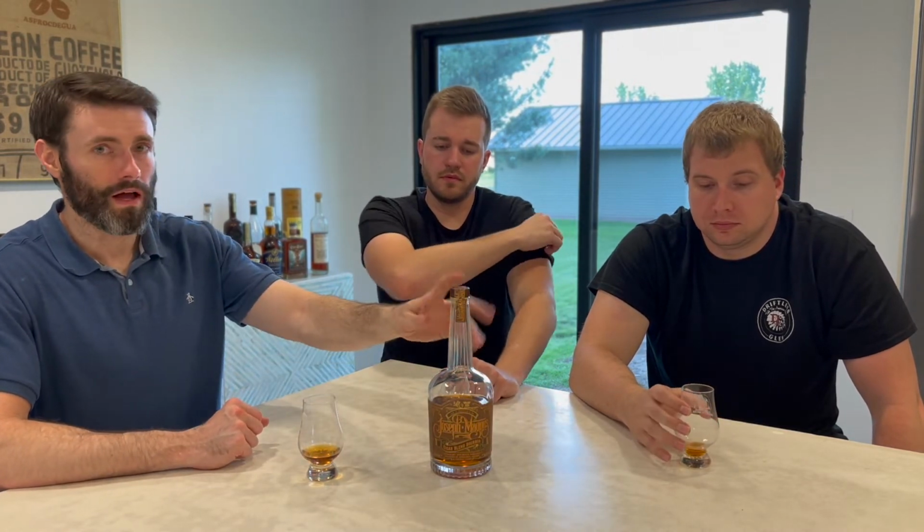I think 175 is what the retail price was. Our buddy, Ethan's brother, got this bottle at retail. So he actually scored it at 175, and that's what we're gonna grade it on. Good luck finding it at that price. You're probably not gonna ever see it. If you do see it at 175, and you're a bourbon fan,